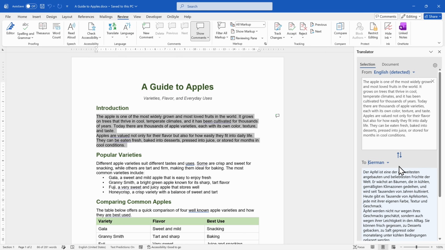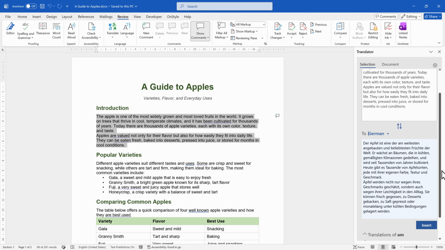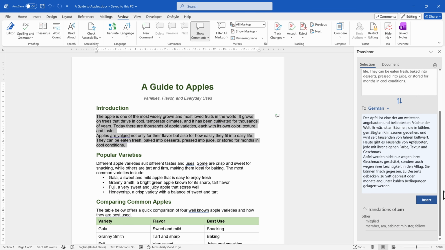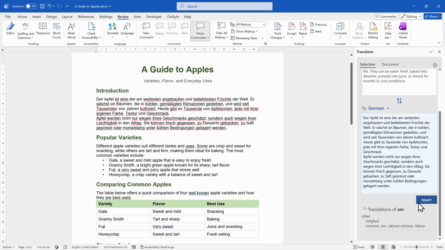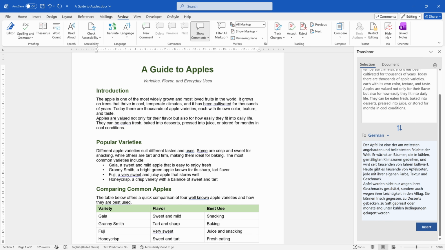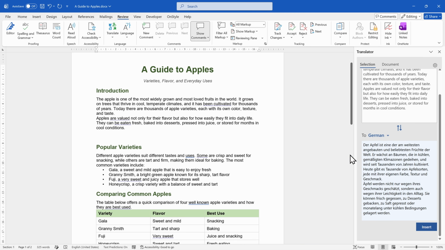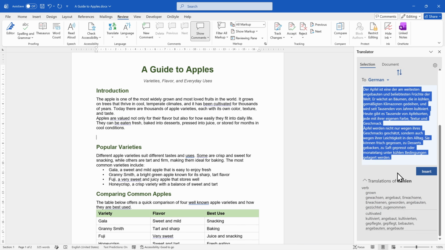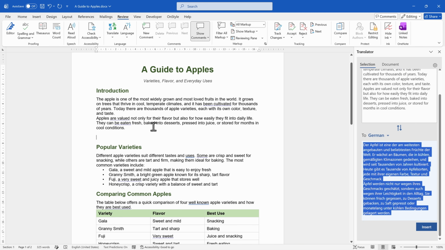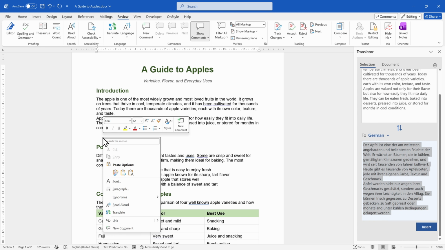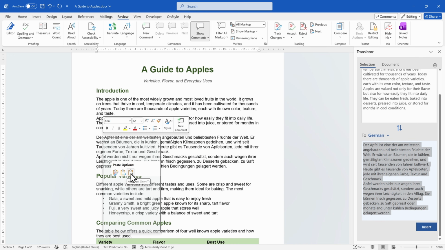And here's the part that some people miss. You need to click Insert to replace your selected text with the translation. If you don't click Insert, nothing changes in your file. Also keep in mind that the insertion only works if a text is selected for the replacement. If you want to keep the original text and insert the translation below it, you need to select the translated text on the right side and press Ctrl+C. Then, in the document, right-click and choose any paste option, or just press Ctrl+V. It is truly this easy.